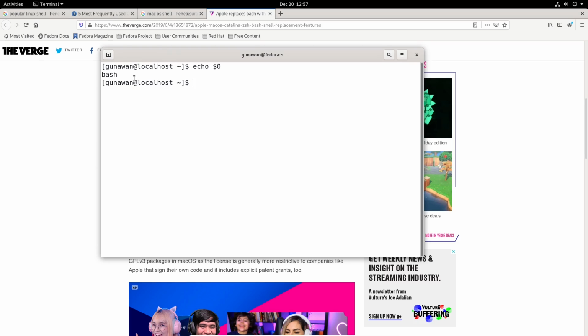Okay, in Fedora, in this tutorial I use bash. So if you use another shell, I think the command will be different. As long as you use bash, you can follow this tutorial.